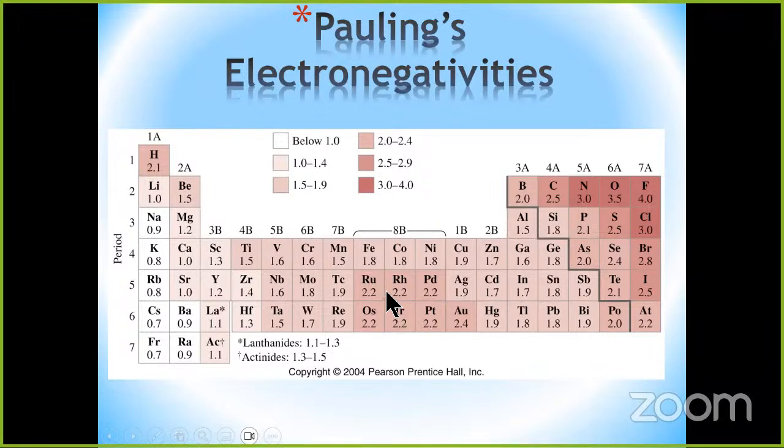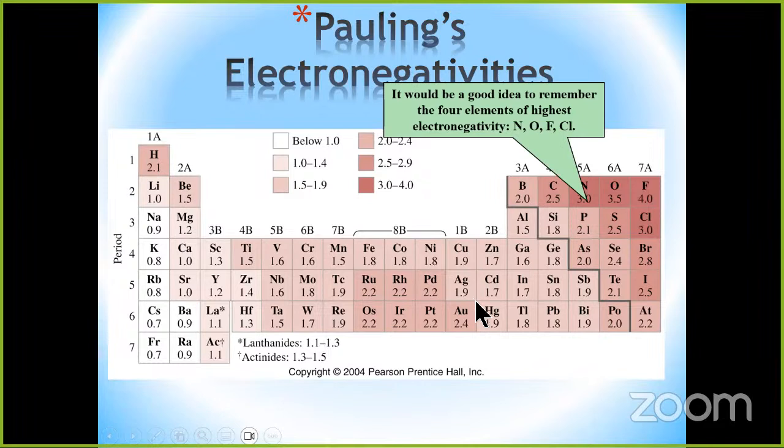And the low values would be attributed to the elements to the left of the periodic table and down, all right? So of all the elements that are in existence, the least electronegative would be cesium and francium, all right? Okay, so this is a table that is also available in Canvas, and you can use this to do the type of calculations we're about to do. All right, so